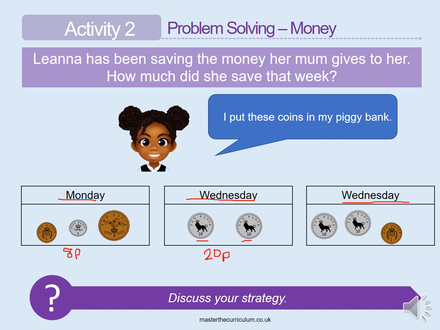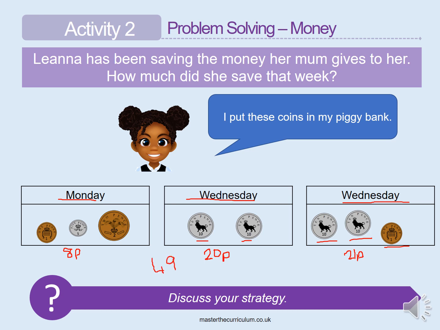Oh look, we've got another 10p and another 10p. What's 10 add 10? Add a 1p. So now we need to add 8p, 20p and 21p. So 8p add 20p is 28 pence. Add another 20, 48 pence. Add a penny,